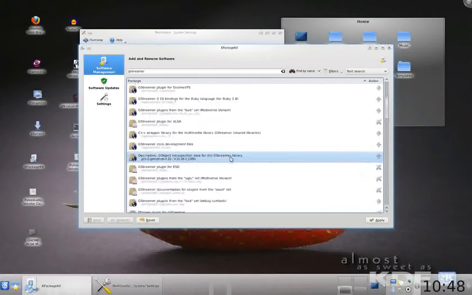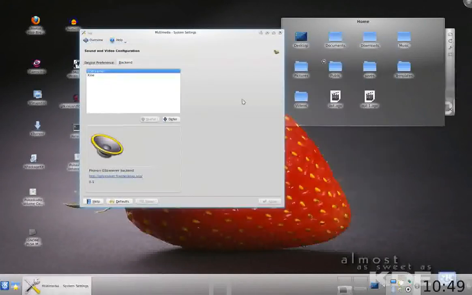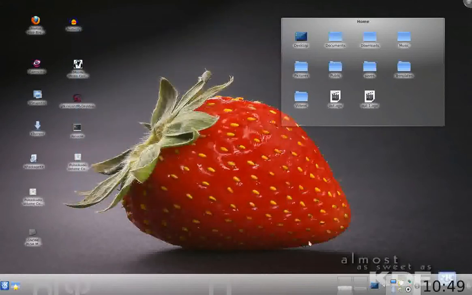Okay, so install them as well, and then make sure you log in and log out again, and select your GStreamer here. Once that's all done, you can go into Record My Desktop, and it should record your voice just through an ordinary microphone plugged into the back of the PC, on the kind of pinky coloured connection on the back of your PC.